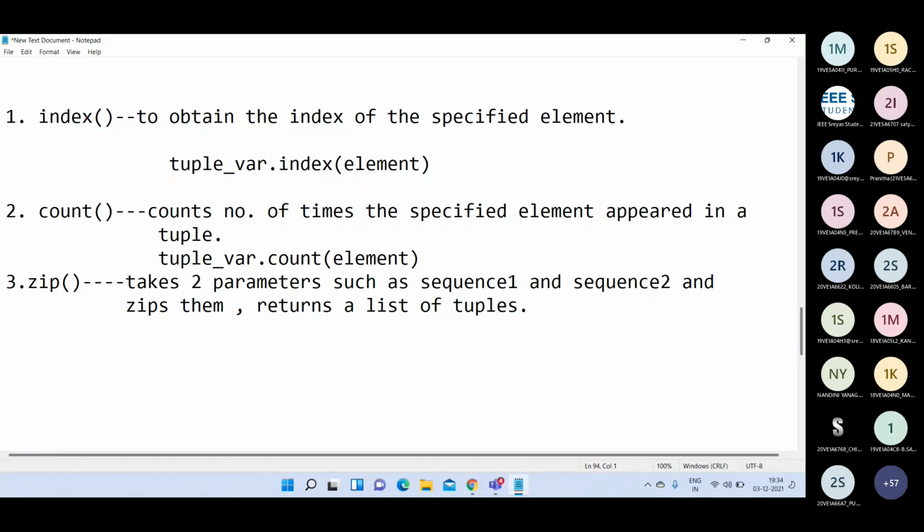So those two sequences will be zipped, and the elements are returned as a list of tuples here. Okay, list of tuples. Let us write one example here.